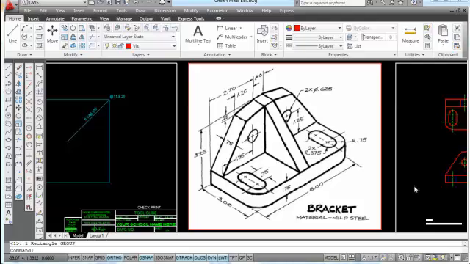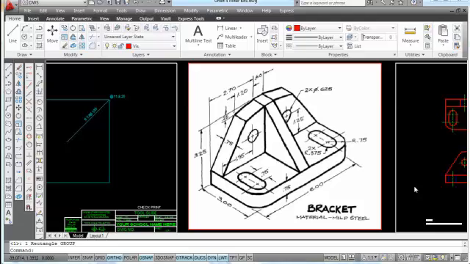In this video, I'll be showing you how to draw the bracket project, which is located on page 193 in the textbook. If you look on that page, you will see which prototype drawing to open to begin this drawing. You'll also see that the limits and units and the layer settings that you're going to need to have, they're